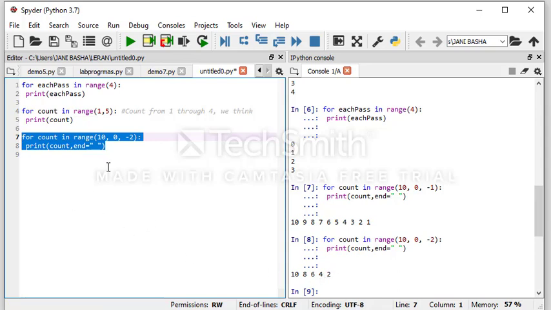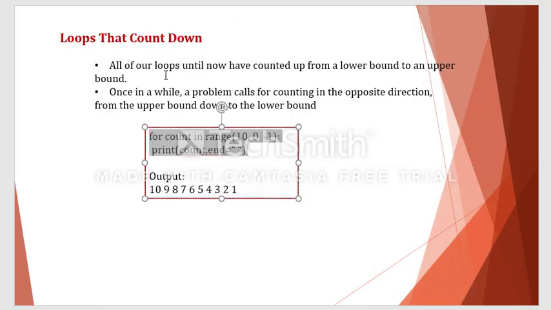So this is how we can use it with the countdown. Okay, so loops that count down, counting downwards, not upwards. So this is also one of the specific concepts. So obviously all these concepts are related to the range function, how the range function is used with different variations, right?